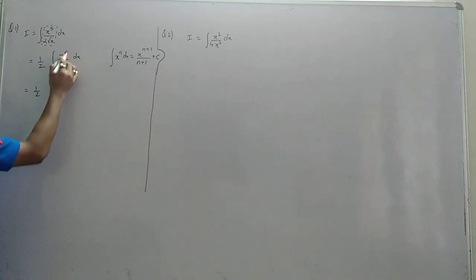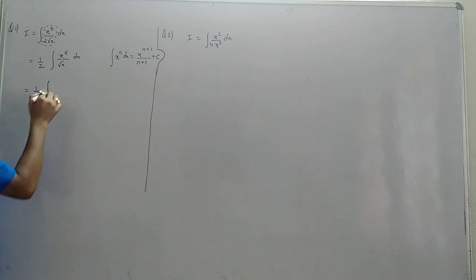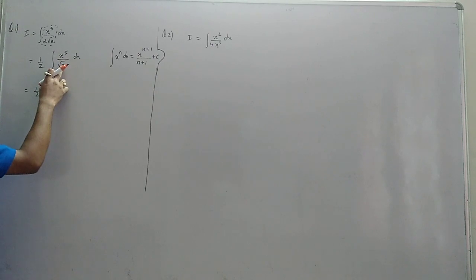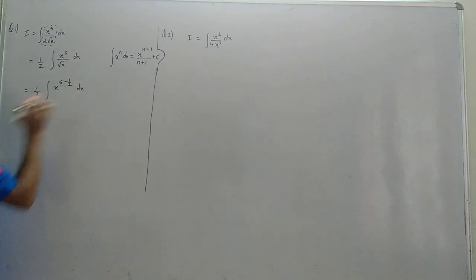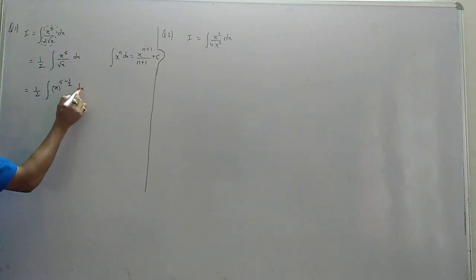Now since we are simplifying the inside part, integration will remain integration. Simplify. What is the power here? 5. What is the power here? Half. When this power goes up, it becomes 5 minus half dx. Okay, this you understood. I think we are studying differentiation. So we are trying to simplify. Since we are simplifying the inside part, integration will remain integration, dx will remain dx.